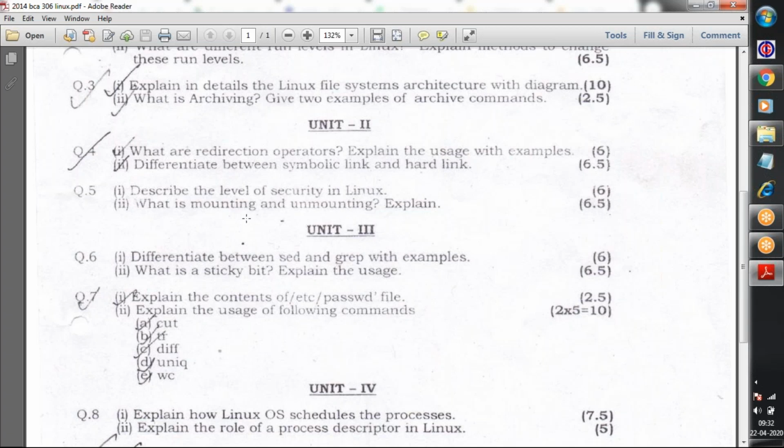Already discussed this one, mounting and unmounting a file. Obviously the mnt folder is there for mounting your devices. By default your root directory is mounted at root, that is the slash, but for other devices you have to mount. For example, I have to mount the floppy, we have to mount the CD-ROM, so the mount command is there and the unmount command is there to attach your floppy drive or your CD drive or any of the hard drives, any of the peripheral devices. You use the mount command to attach, and to detach you have to use unmounting.